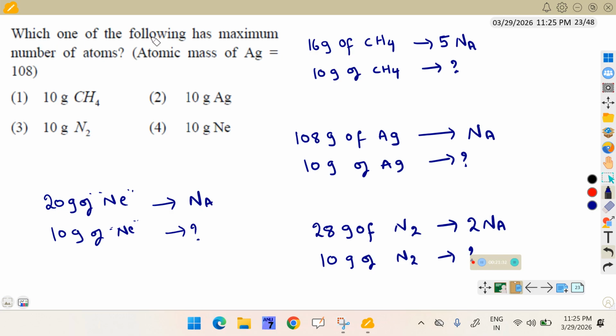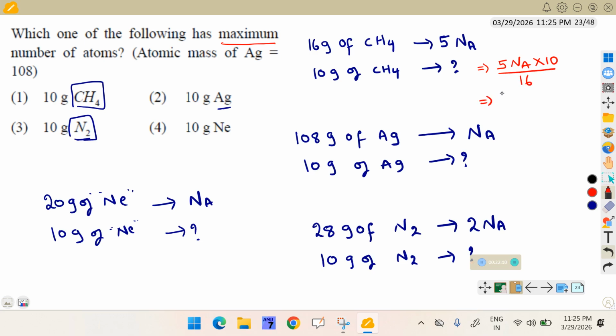Which one of the following has maximum number of atoms? So according to mole concept, in CH4 5 atoms are present. Ar is 1 atom, N2 is a combination of 2 atoms, neon is 1 atom only. According to mole concept, 16 grams of CH4 contains 5 into Avogadro number of atoms, then 10 grams, so how much? 5 into Avogadro number into 10 by 16, nothing but